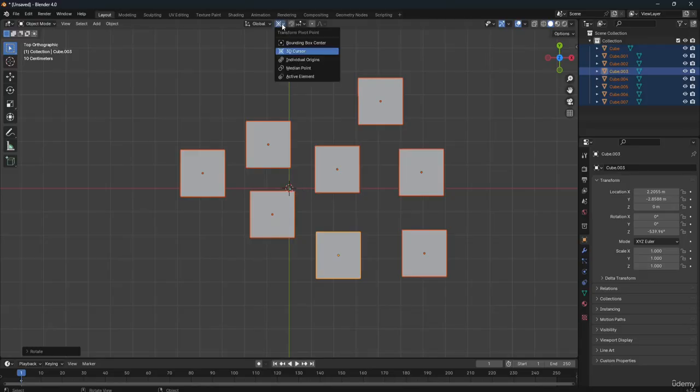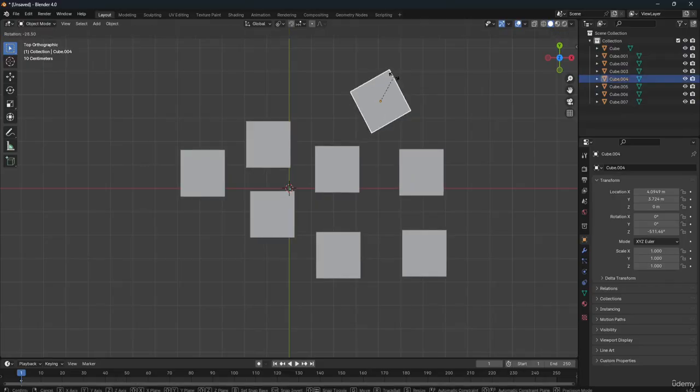Okay, and now let's say if you come here and if you want to go with the active element option. Okay, so now if I just select the active element option, from here basically I will be able to select from which one it will give this one a rotation. So now if I click on Shift and select this one over here, let's click on Shift, and now if I give this thing a rotation,